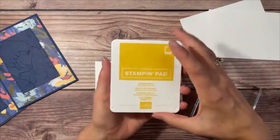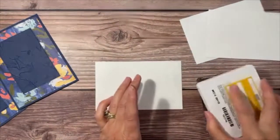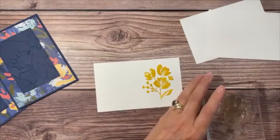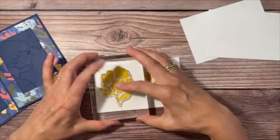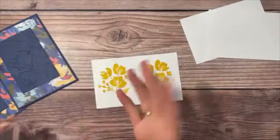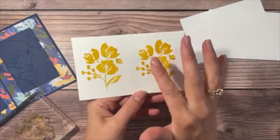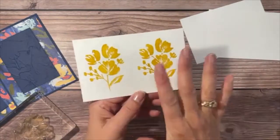So we've got Bumblebee ink, and I am going to stamp the first flower. Oh my goodness, how beautiful. And here is the second flower. Now, if you find when you're stamping that you're not getting a great image, and this is one of those stamps where you probably want to have a really nice image,